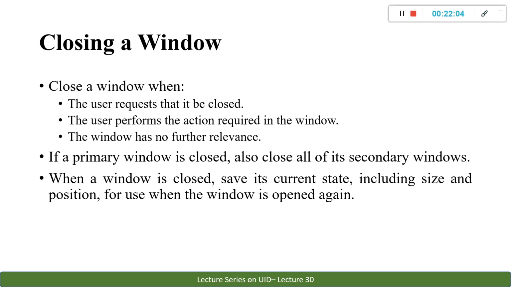To keep that, you need to save the current information of the window when you close it. If you keep that kind of current state information, then you can restore it at the same place or in the same state. So these are some guidelines that you can remember when you try to close a window.